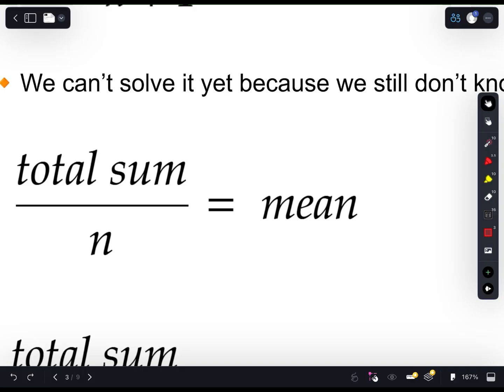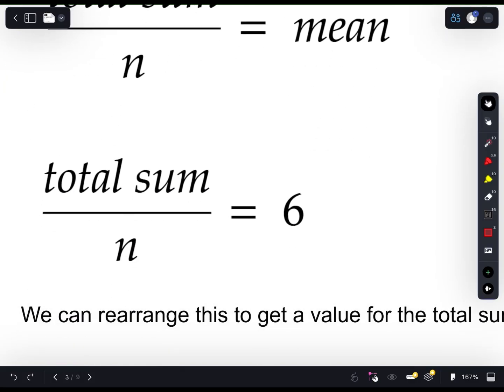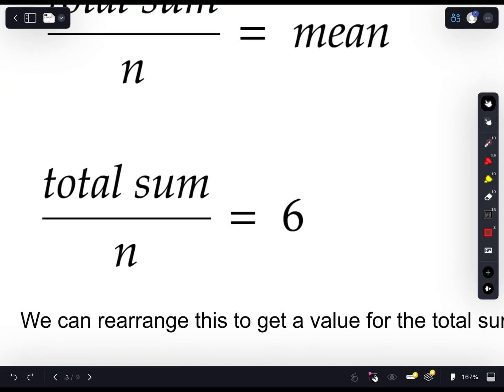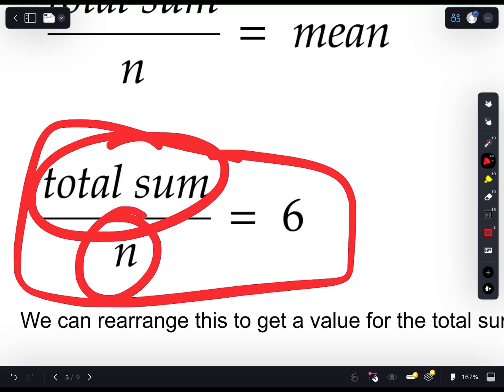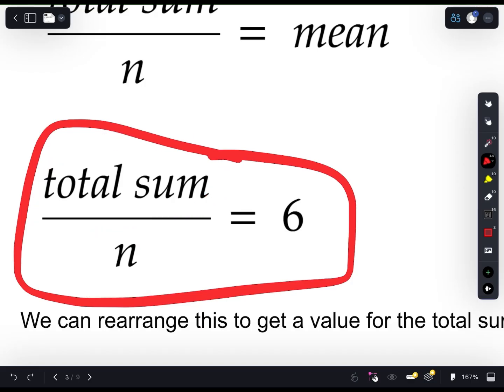Total sum divided by number of numbers equals the mean. Okay, fine. So what I did is I put in the mean. Total sum divided by n equals 6. Okay, now if you look at this, you can actually use it to figure out what the total sum is. I know we don't know this one and we don't know this one, but we can rearrange it and we can get something that is okay. Once you can get rid of stuff down here,